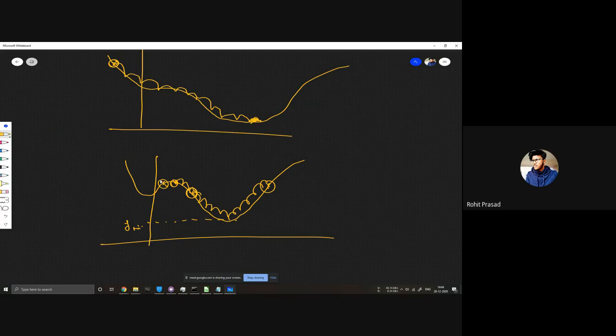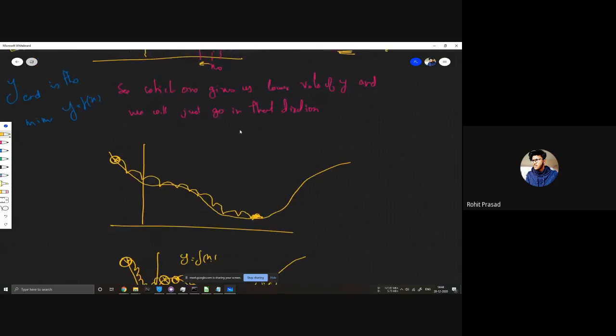But if we start slightly on the left, we get a minimum like this, and anywhere here you will get a minimum like this. So it will get stuck in a minimum that's not the actual minimum, but it will say that this is the minimum you can get for this y equals f of x. This is a problem with gradient descent.